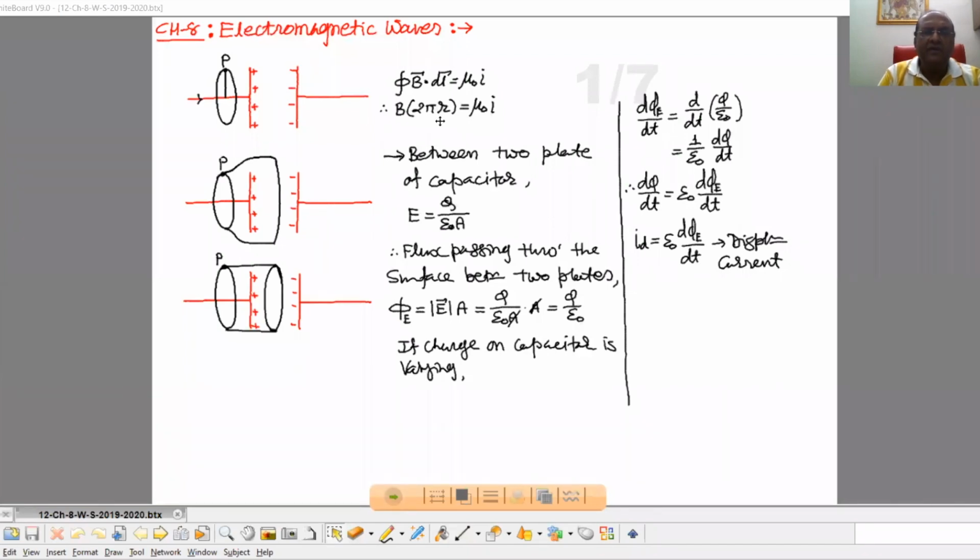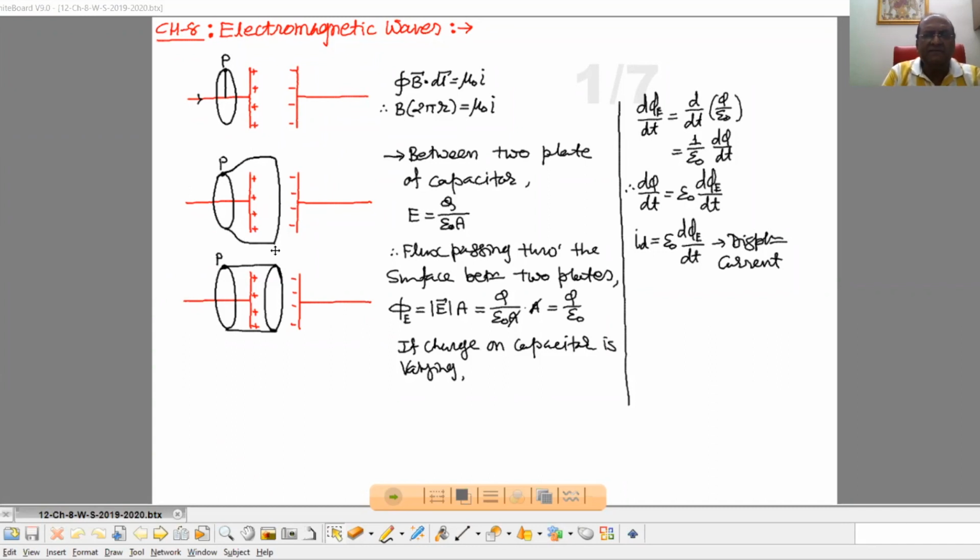Now B integration dl, that is 2 pi r, that is equal to mu 0 I. In short, we can say this thing. Here we will get value of B. But now see, suppose we consider another type of surface for which the boundary that remains this same loop. So here if we consider the pot type surface like this, the bottom of it that is passing between two